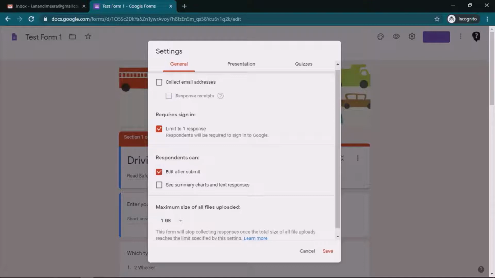Now this is the respondents' access, where they can edit after submitting the form. If we disable this, then once the user submits the form, they can't edit that input. Generally this is kept enabled when the form is long and the user needs to revisit the form again and again, so that they can edit the rest of the questions or modify whatever input they have given,